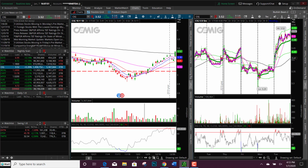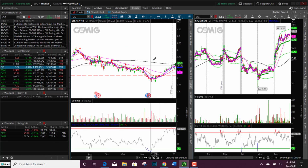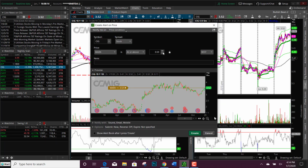CIG. Okay, so this one I do kind of like. It's broke out of this cup and handle pattern, and it stayed above 350. So we'd want to watch out for about 375 and then $4. So I want to see if price continues up with that breakout. Cup and handle breakout on daily. Watch for possible